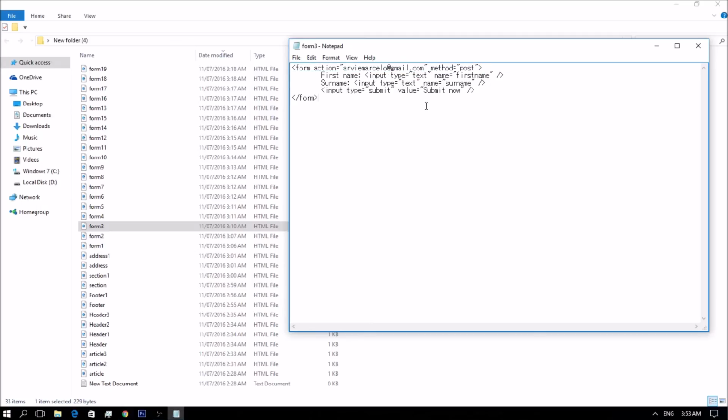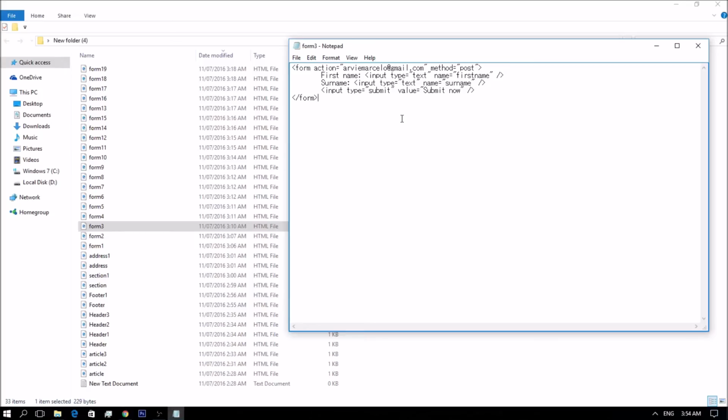So this is defined through the method attribute, which can have one of two values, post or get. So the get value ensures that the data is encoded by the browser into a URL. And post means that the data is sent to a database or your email. So this means that generally you will use the post value as it is used for form submission. The easiest way to handle your data is to send it to your email.